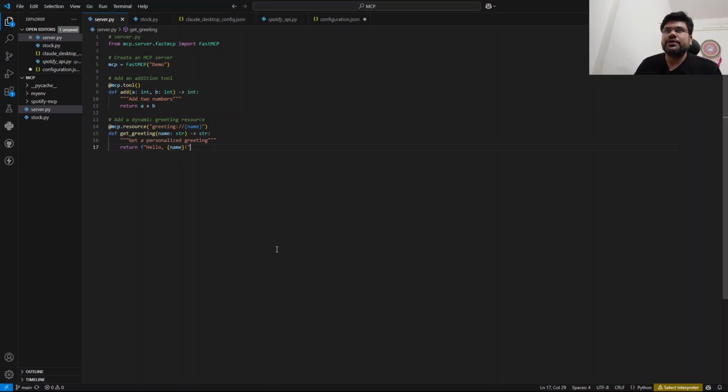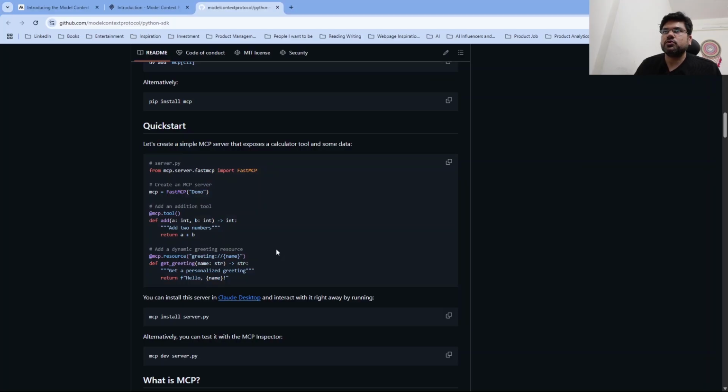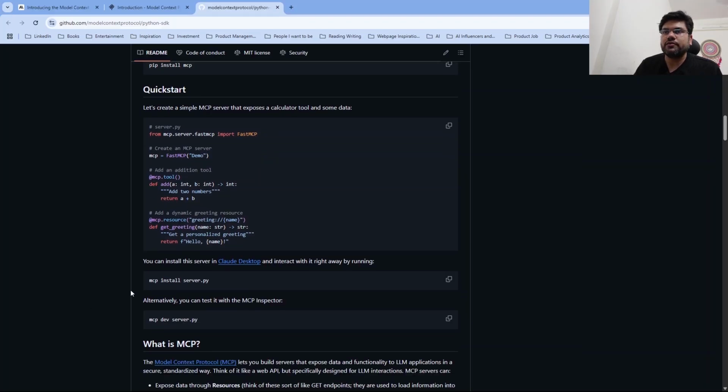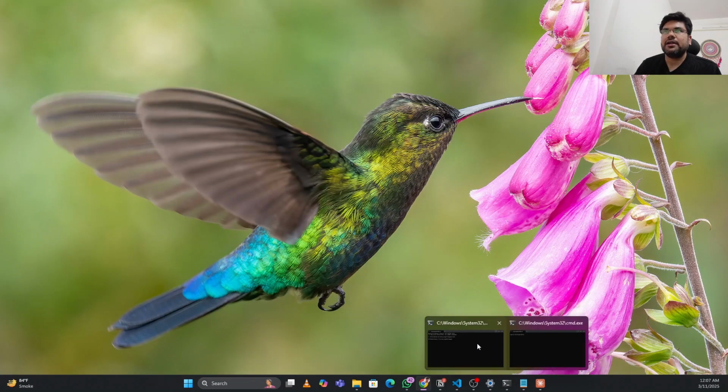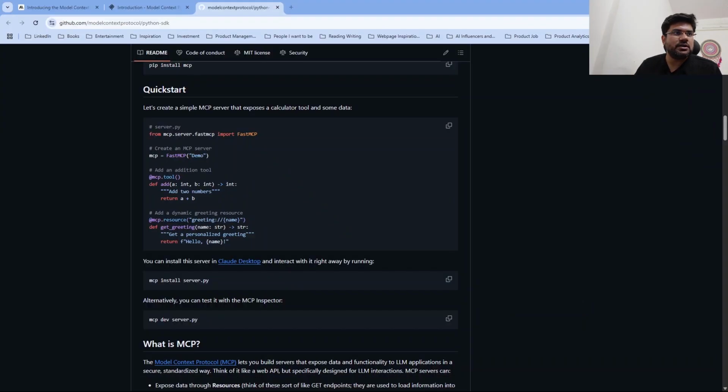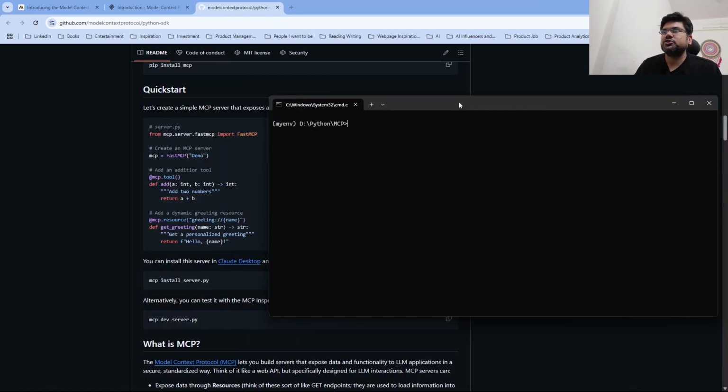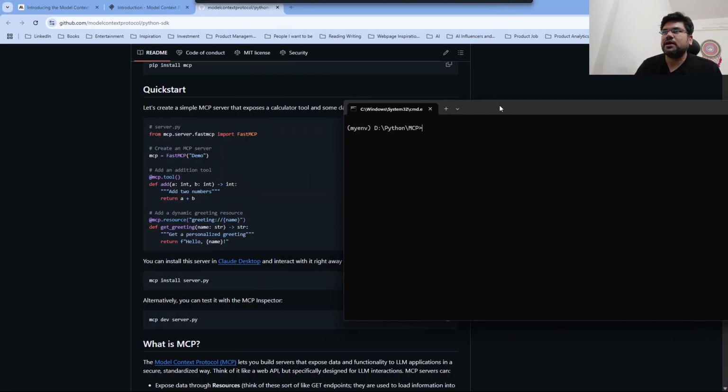Now we are going to define the server. So for these tools, all we have to do is give an mcp install server.py command in our folder. So I'll go to the terminal, and so like you can see, I am here in my virtual environment, and in the terminal I'll enter